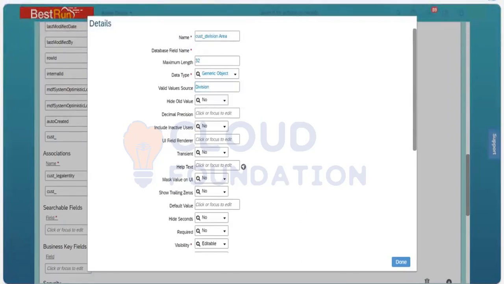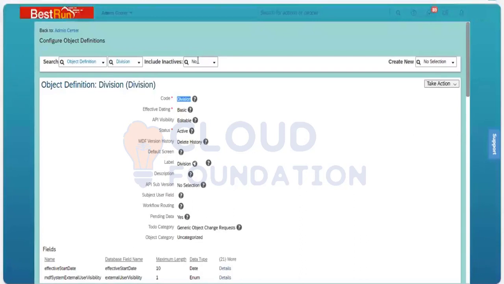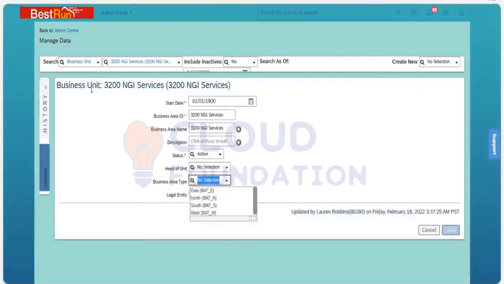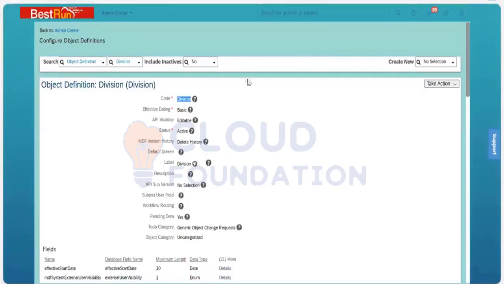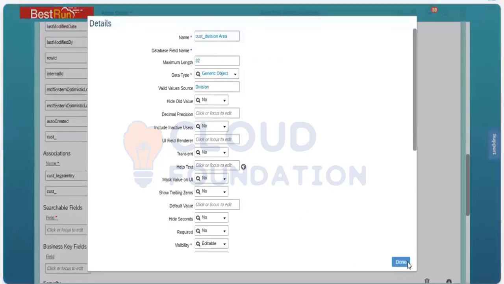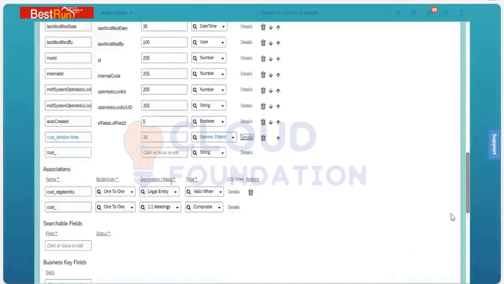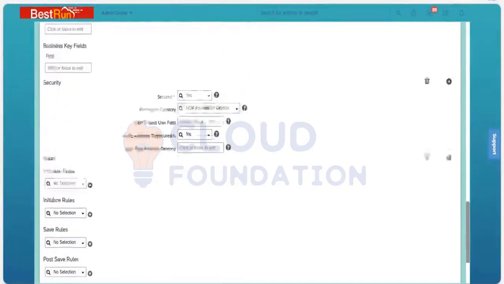Whatever records we have created in the managed data for the division, those values will start populating. So when I click on done here and click on save,